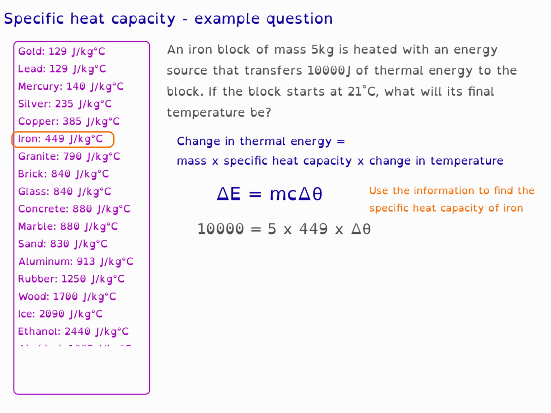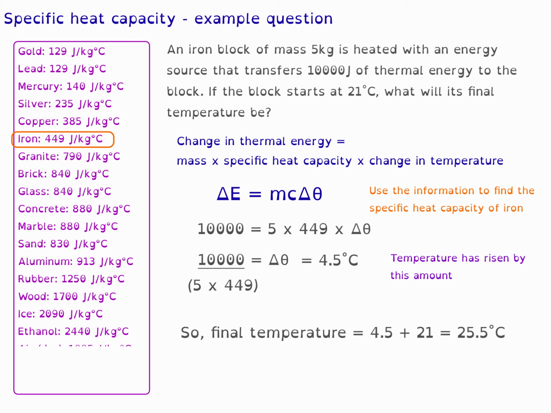We now need to make Δθ, our change in temperature, the subject, which means we need to divide through by 5 and by 449. This gives us our next expression, which is 10,000 divided by brackets 5 times 449, close brackets, which equals Δθ, which gives us our answer of 4.5 degrees Celsius. 4.5 degrees Celsius is the temperature change of the block. The block started at 21 degrees Celsius, so the final temperature is 4.5 plus 21, which gives us our final answer of